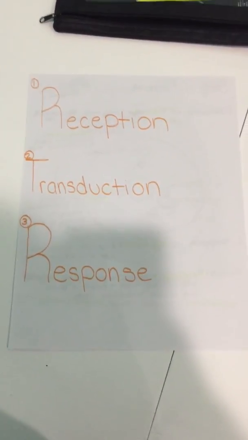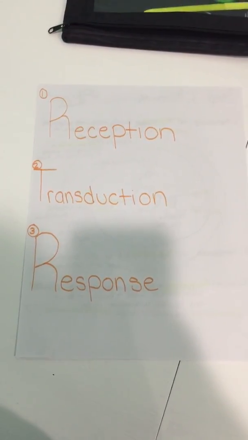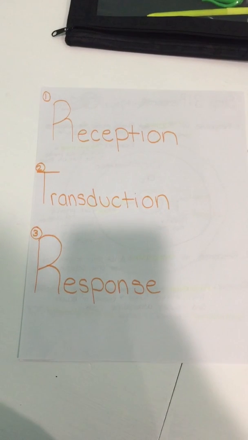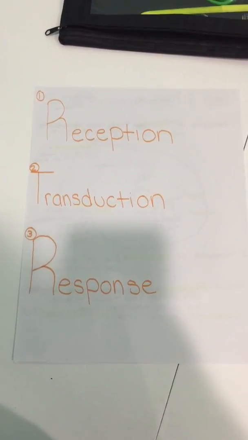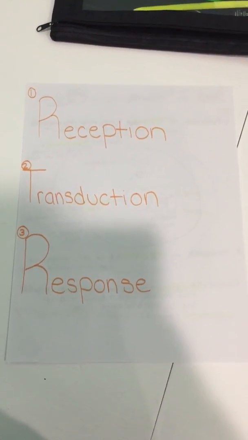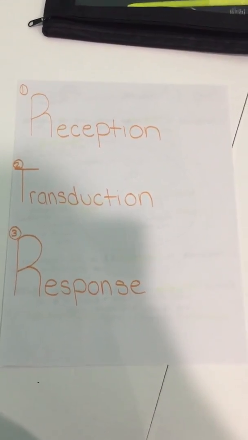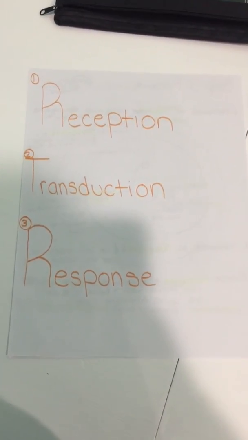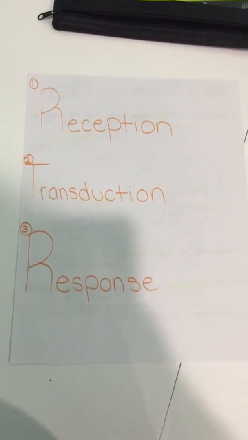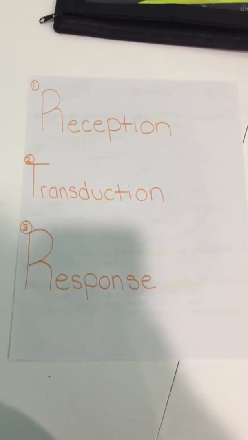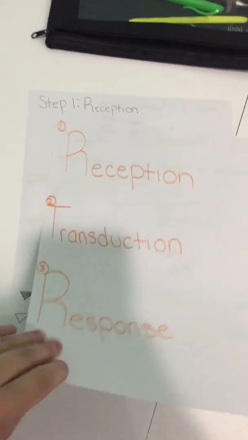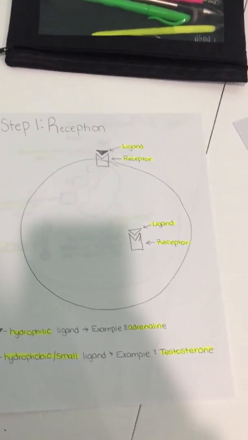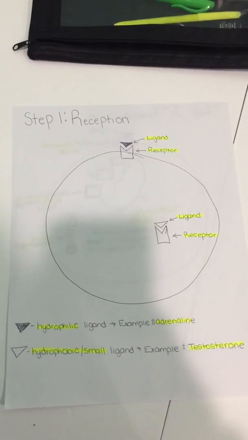It's time to name and explain 3 steps in cell signaling, using adrenaline and testosterone as an example to explain each. The first is reception, second is transduction, third is response. So remember, RTR. The first step, reception, is where a chemical signal is detected when the signaling molecule binds to